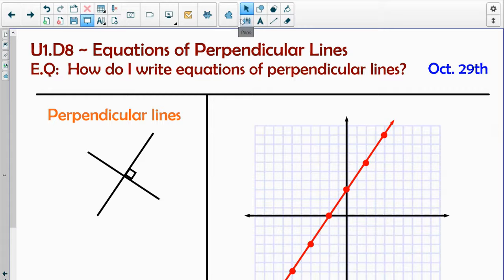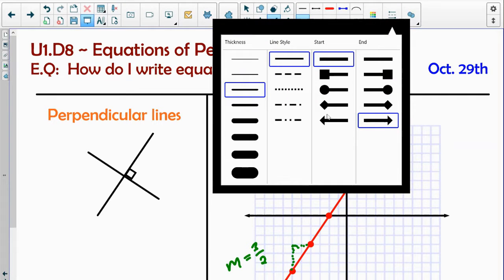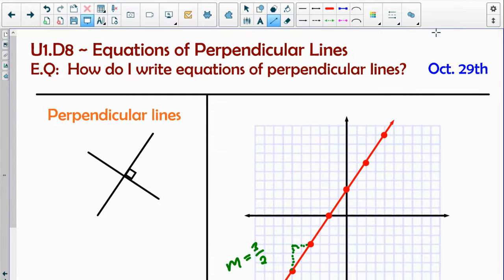If we were to take a look at the line on the graph here, okay, we've got a positive slope. We could even calculate that slope using our rise over run trick. Looks like a rise of 3 and a run of 2. The slope's 3/2. Let's say I wanted to graph a line that was perpendicular to this one. So let me grab my line tool here and see if we can draw a line that looks perpendicular to it. So I'll start up here and go,